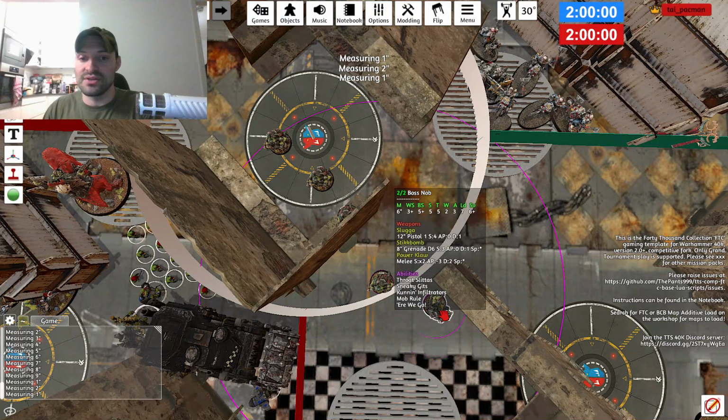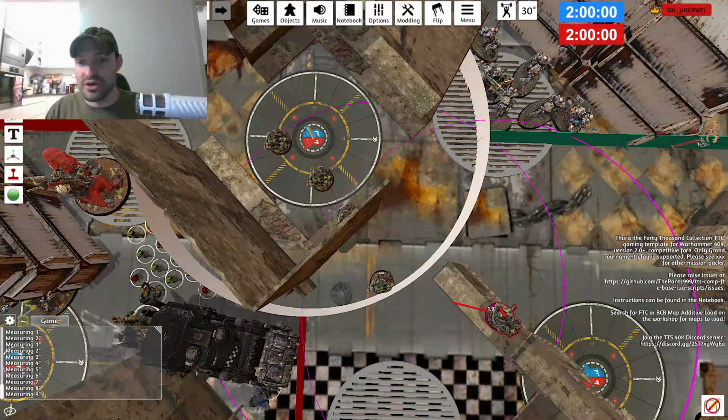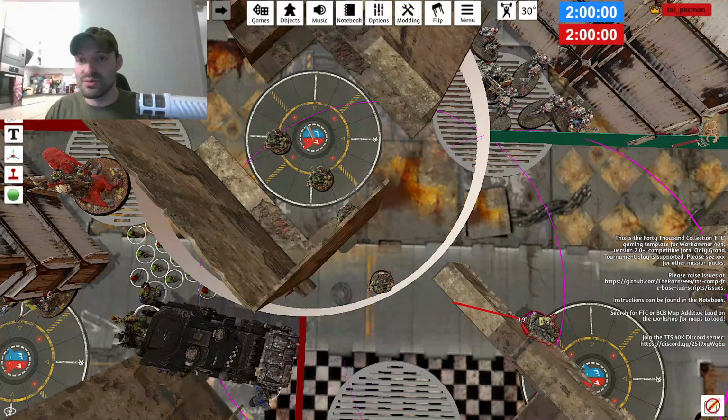Then this guy can do the same. All right. So what you can see here is I can use these knobs or these commandos to really mess with deployment for the Gene Stealer Cults player. Because if I place them like so,